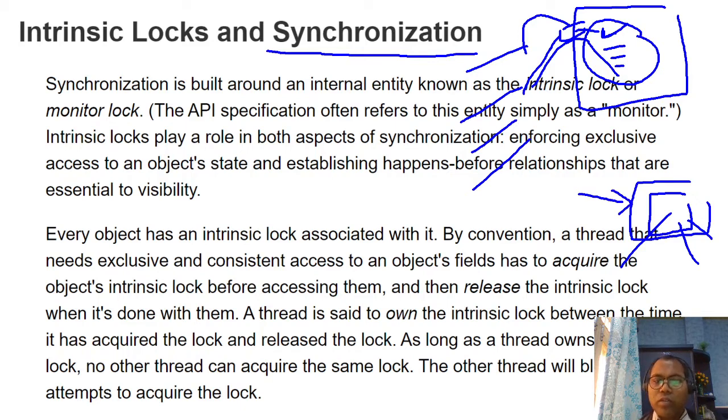This lock concept, the intrinsic lock or monitor lock, is internally implemented by your JVM. You don't worry about how to get the lock or how to release the lock. This is the responsibility of your Java runtime system. You just have to ensure that if you want only one thread to access this method at a time in a multi-threaded environment, apply synchronization. Or if this set of lines should be executed by only one thread at a time, make a synchronized statement. The rest of the locking, how to acquire and release the lock, is all taken care of by your Java runtime system.